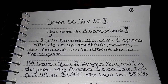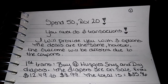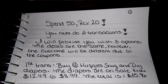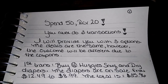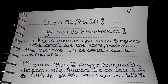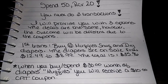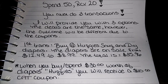So in the first transaction, I want you to buy 4 Huggies diapers. Now it depends on which coupons you have, but if you have 4 Snug and Dry coupons, I want you to get 4 Snug and Dry packs of Huggies diapers. Now the diapers are on sale from $12.49 to only $8.99. So when you're buying 4 of those, your total is going to be $35.96. Now this week, when you spend $30 worth of diapers, and it must be the Huggies, you will receive